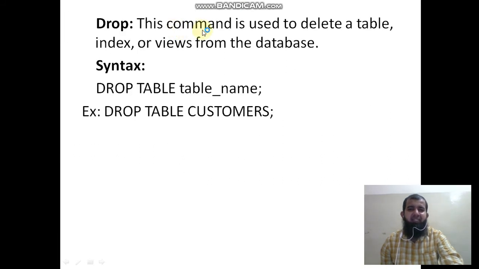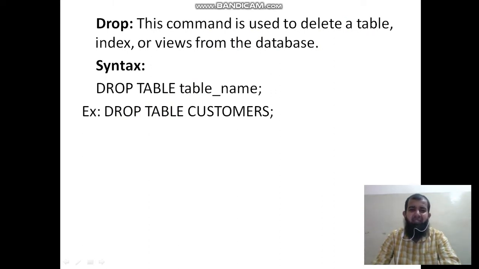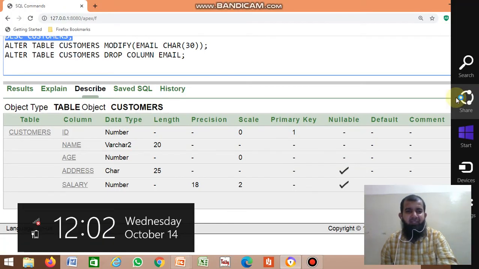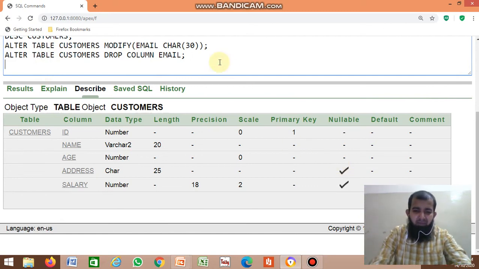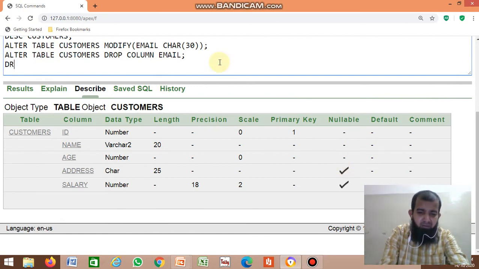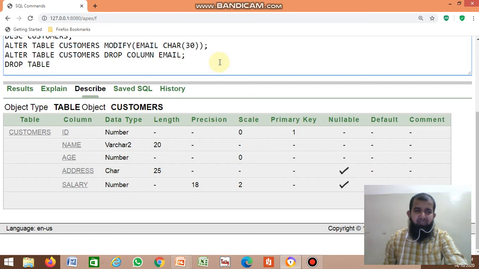Next, drop. This command is used to delete a table, index or view from the database. Syntax is drop table, table name. Example, drop table customers. If you don't want the table, if you don't want the database, you can delete it, you can drop it. So for example, drop table customers.